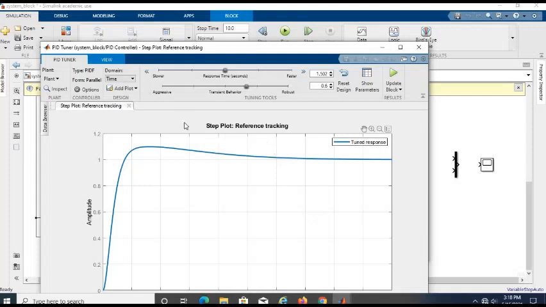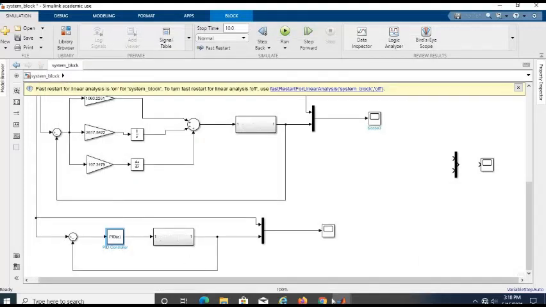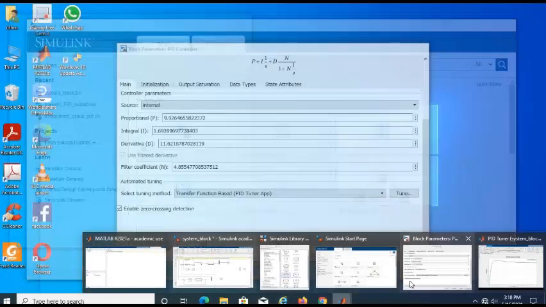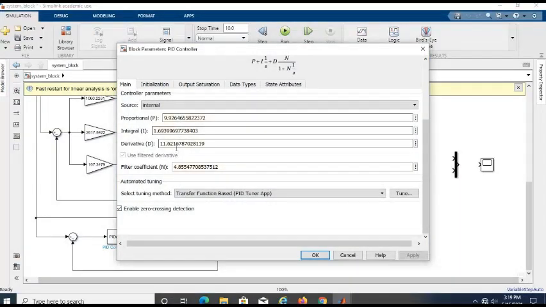Okay, this it have been finished. This is the response, tuning response, and then we update the block. You see, after we click this, what happened in the PID parameter? You see, this have been changed. This is value for KP, KI, and KD.